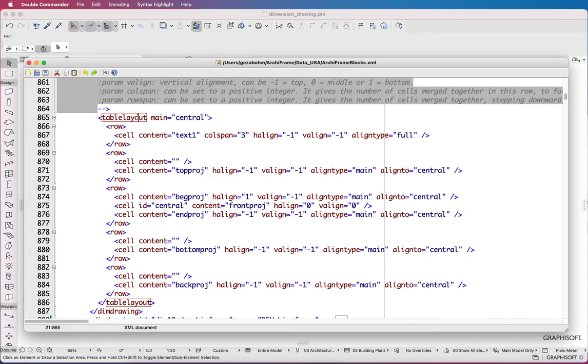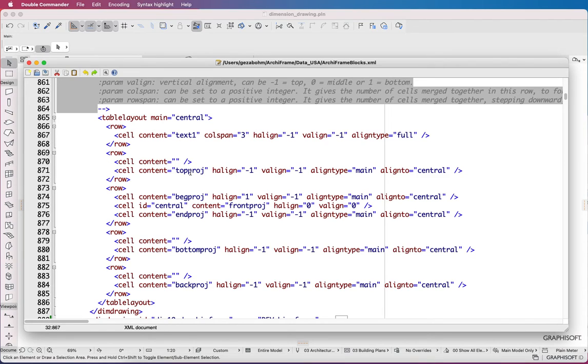It's quite complex. You can define the positioning of projections and text according to each other. Imagine a big data sheet where you have rows and columns. With this table layout, you can align certain projections on the top of each other or beside each other. For example, here in the first row we have the text block.